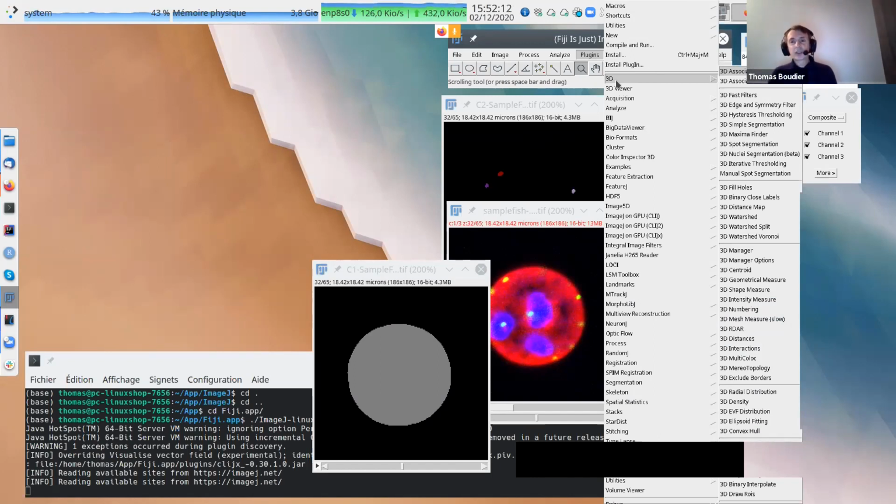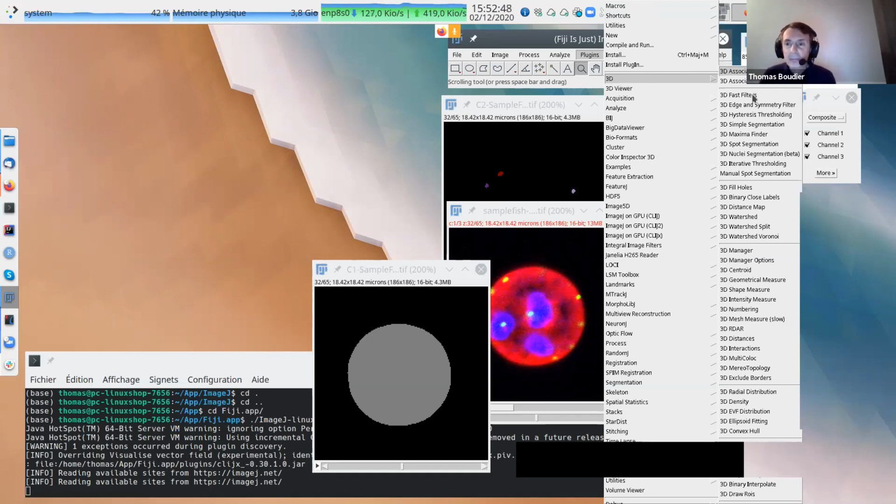So 3D association track is a kind of new thing. It's beta, so you can use it, but I'm not sure it's working well. It should work actually. It's more for tracking. If you do some segmentation at frame t, and then you have segmentation at frame t+1, you do the best association between object at frame t and object at frame t+1. So the idea is more for tracking, but eventually you may want to use it for other information. So one-to-one association.